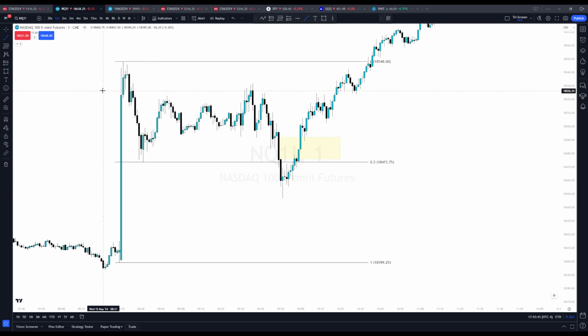We also had equal highs up here, which we know are strong draws on liquidity. Why are equal highs and equal lows strong draws? Because retail traders see it and think, that's resistance, the market shouldn't go above there, it's already rejected there twice. So that's double the amount of buy stop orders, the shorts. That's double the amount of orders that are going to be there. Where's the market going to target? The market wants to get more money into the market. The market doesn't care about going down here. The market wants to go up here and get this money.